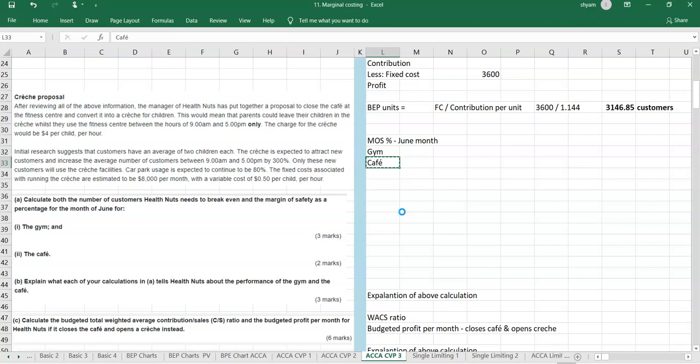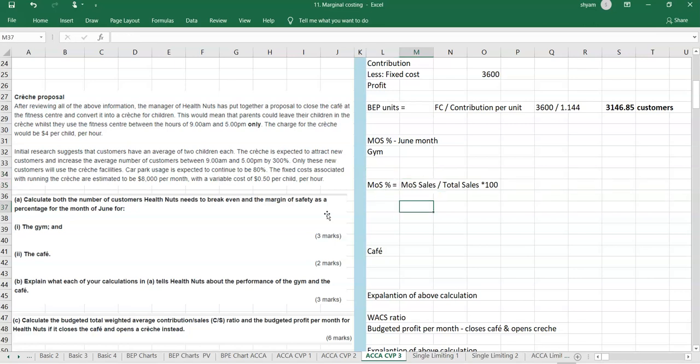So let's first write the formulas for MOS. So MOS as a percentage, if you want, it would be MOS sales divided by total sales, and that would be into 100. If you do this, you will get the MOS sales in percentage, and